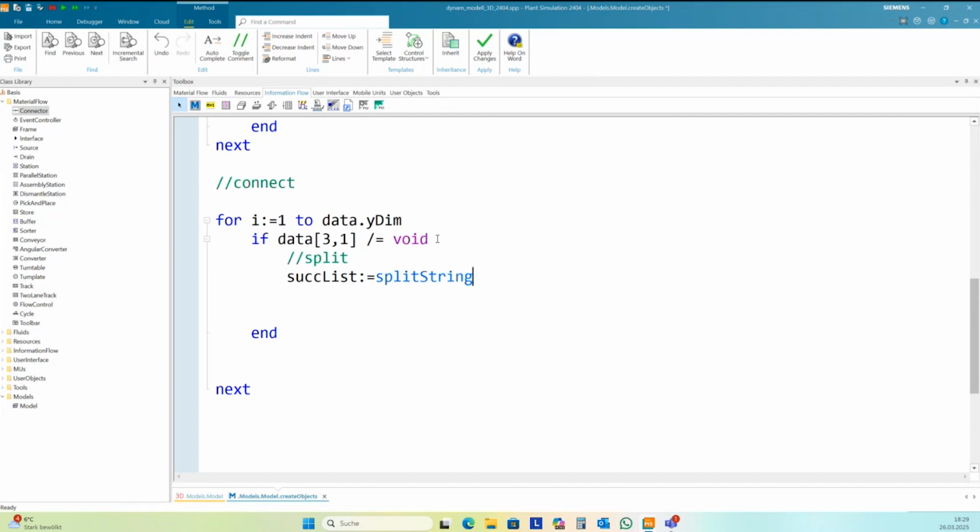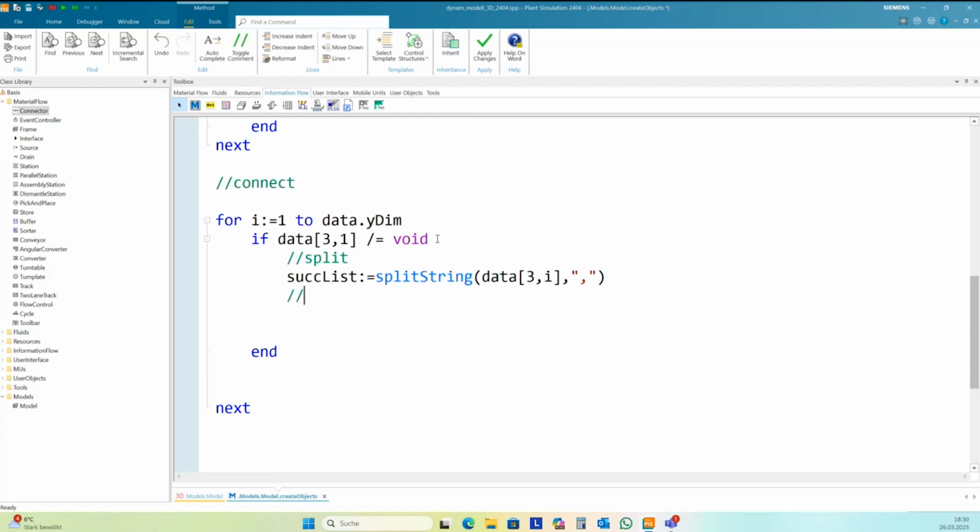And there's a method for this in Plant Simulation. It's split string. We need to hand over the data, the string. This is the value from the third column in my table. And I need the delimiter here, it's a comma. In our case, you can use other delimiters.